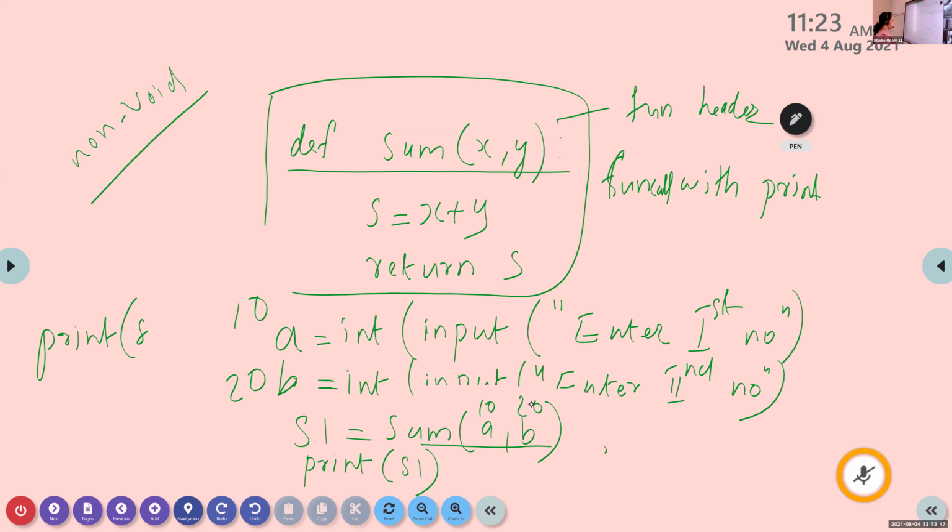Now it will go to the function definition. The control moves to the function definition. Then s is equal to x plus y, what is the value of x and y here? 10 and 20.